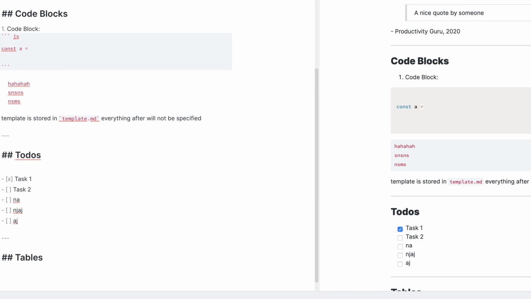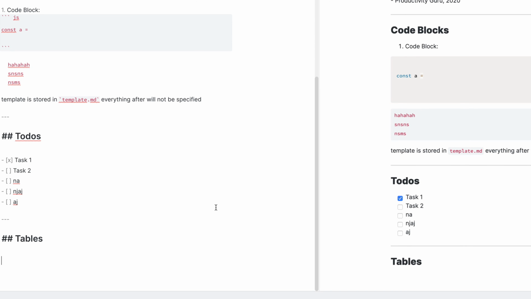So how do you create a table? Let me just walk you through it. It's not that difficult. You start with a pipe and then you enter the name of the column. So column 1, let's just abbreviate it as COL1, COL2, COL3, and that's done. But you can see it's not creating anything yet because we have to specify how we want the justification to be done of the rows below it. So this line is a justification line. What that means is, for example, I want this to be justified towards the left. So what I'll do is I'll do a colon and then I'll do 2 dashes and one more pipe.